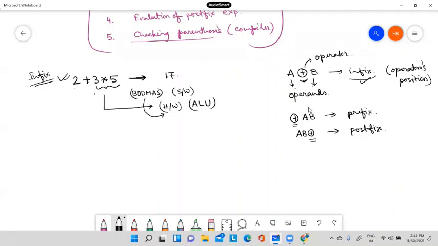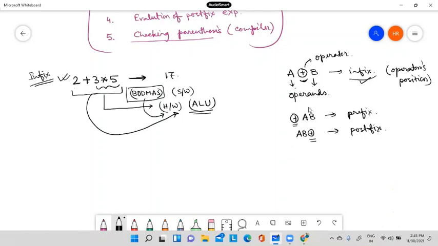But if we provide this infix expression to the compiler, to our computer, then it will be performed in the hardware, in the ALU. We can easily implement the BODMAS rule in software, but it is very difficult to implement in hardware because the BODMAS rule is nothing but a set of instructions.